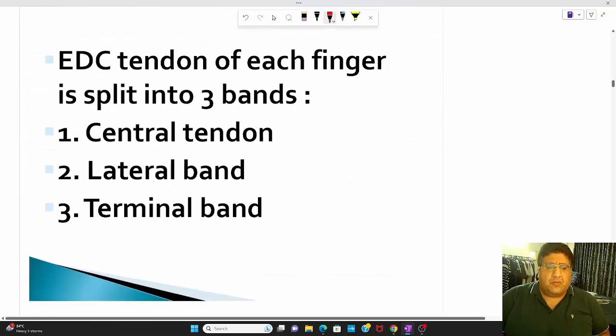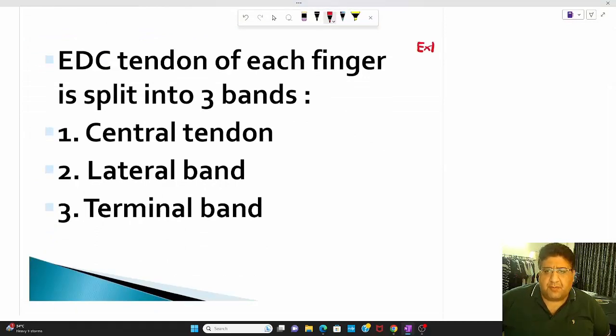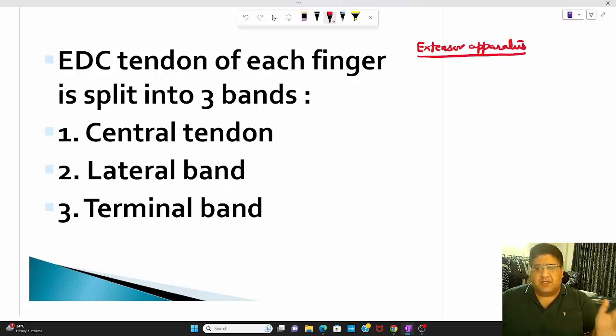Now we come to the actual part. So till now, what have we understood? I'll compile it for you so that people who are watching the video understand what I'm saying. So the extensor apparatus is the question. You can call it the dorsal distal expansion, the extensor eponeurotic sleeve, call it whatever. Now it contains EDC, as we already said, EIP, as we already said, and EDM. Done. So far so good.